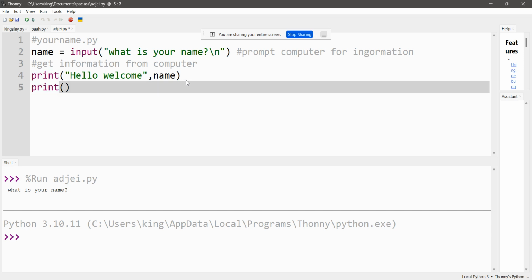So print simply means that you want to see the output. Then I'll give a salutation and say hello. Then I will say name. Okay, so name,